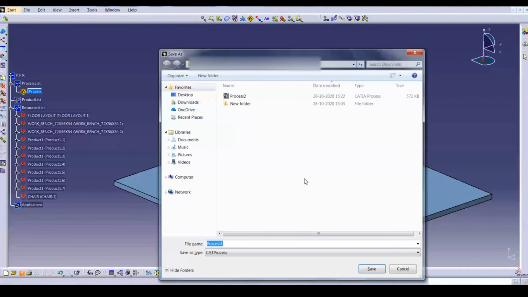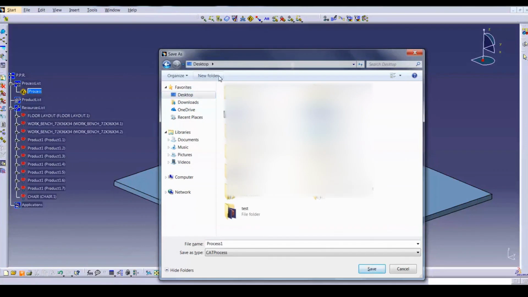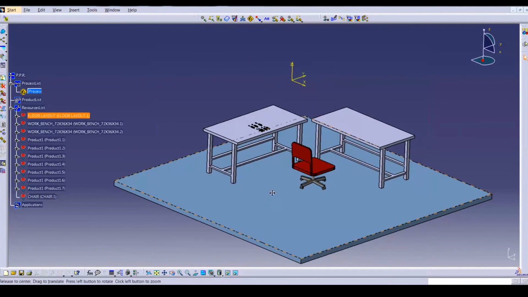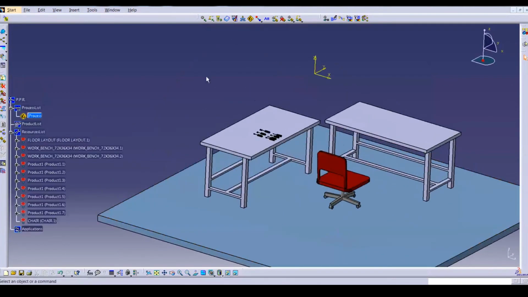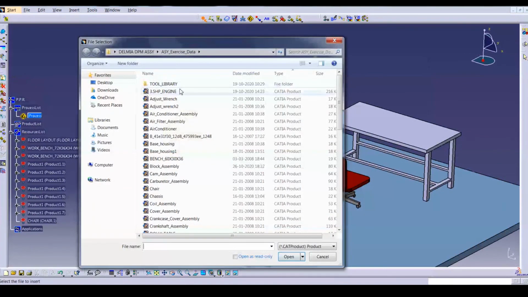We can save easily with Control S, or otherwise from this save command. This is process 1. Now we call the product. Insert product, and this 3.5 HP engine is our product.